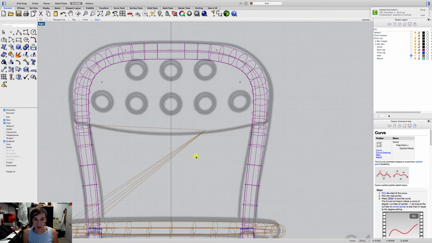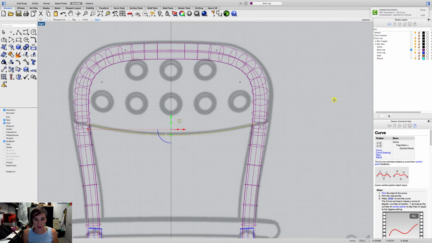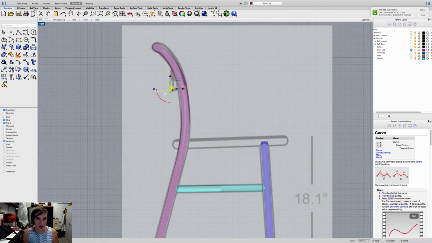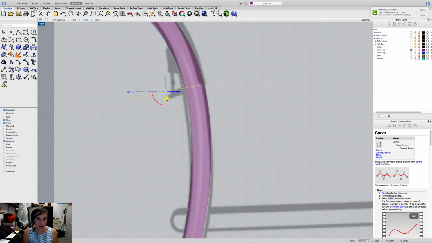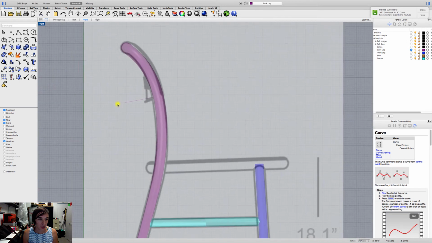Now I'm going to hide that seat because it's giving me some issues. And actually, I should be working in the back leg layer anyway. So now this is my curve. I'm going to look at it from the front view and see where that is. You see how it's kind of curving down, or towards